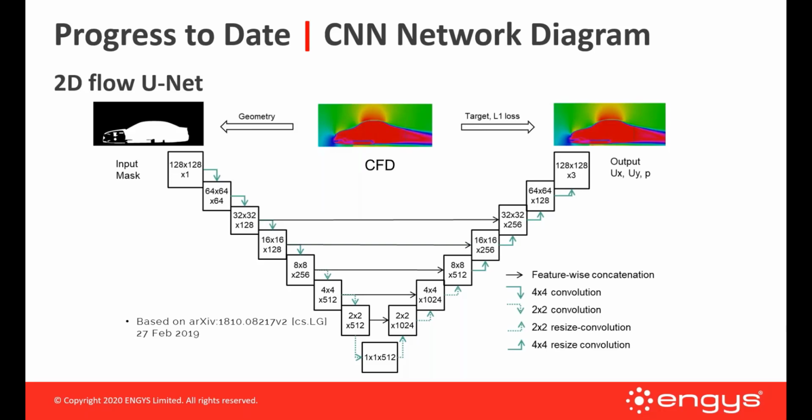And then you sample at each of these locations, whether it's inside or outside the geometry, and also what the velocities are and so on. And then you go through this contraction process. It's typical of these types of UNet architectures where the resolution is decreased and the number of channels increases as it gets to the lower end, and then it's decompressed again